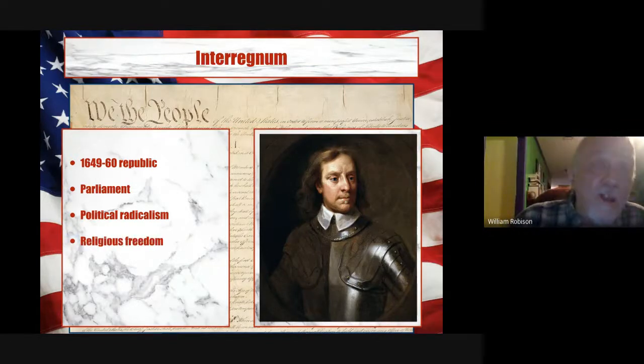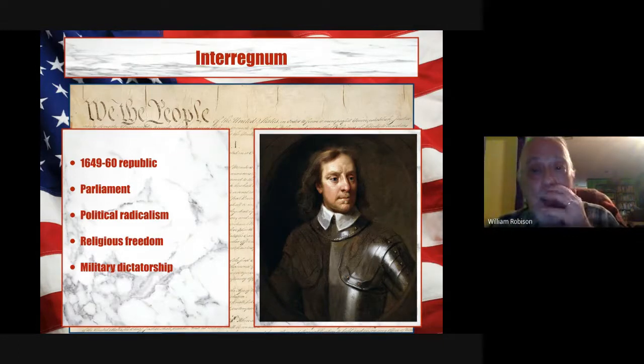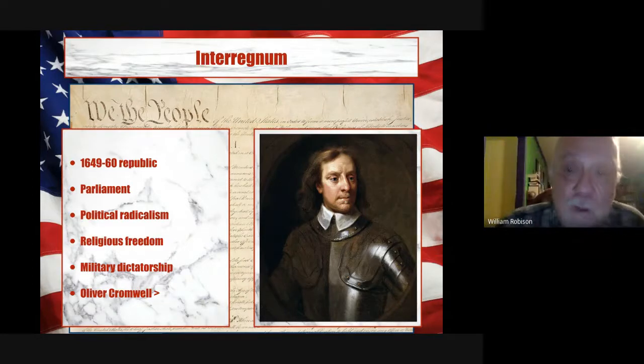There was religious freedom for most people. The first time in modern history that more than one religion had been allowed free reign in a particular state. But ultimately, it descended into a military dictatorship led by Oliver Cromwell, which is always a risk. The interregnum eventually ended, the monarchy was restored, and yet, less than half a century later, there was another revolution